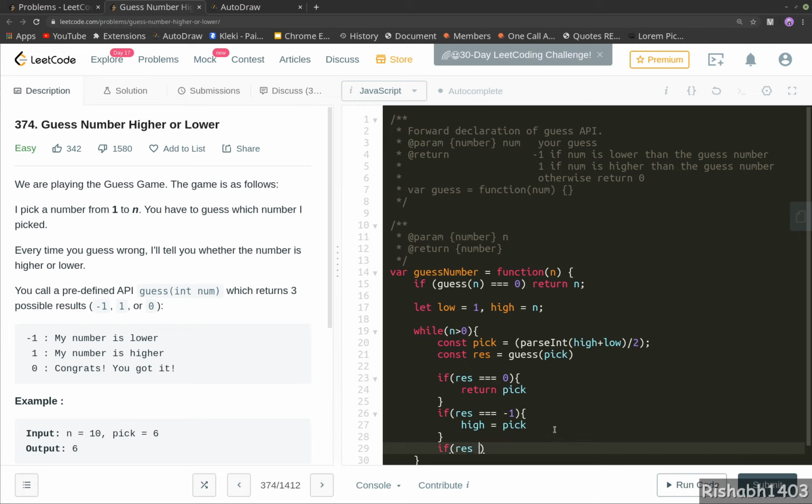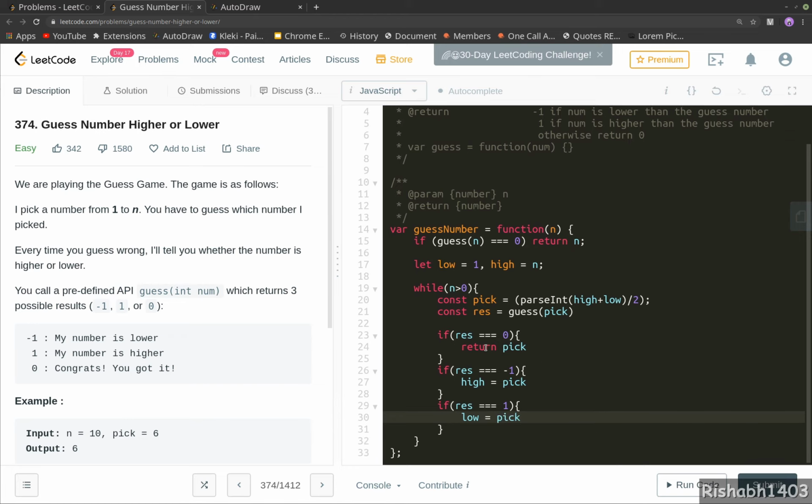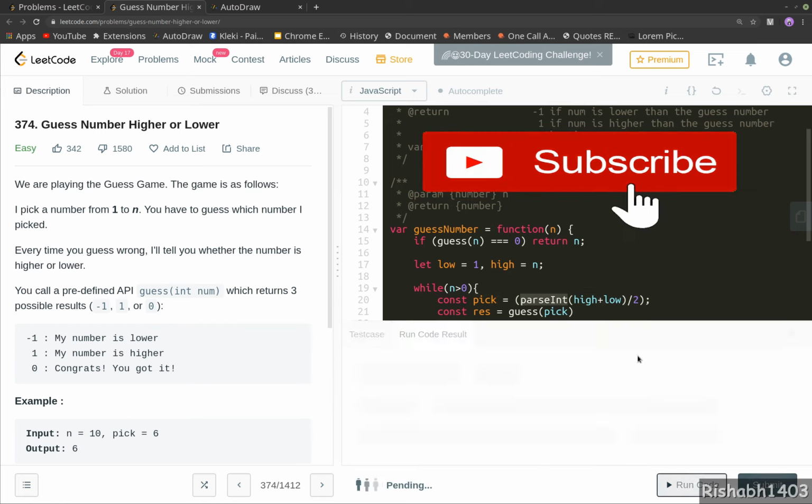If result is +1, that means our picked number is lower than the actual number. So in this case we will need to update our lower bound. Now this will eventually converge to pick, since we are also using the floor here, so there is no floating point operation here. Let's go ahead and try to run this.